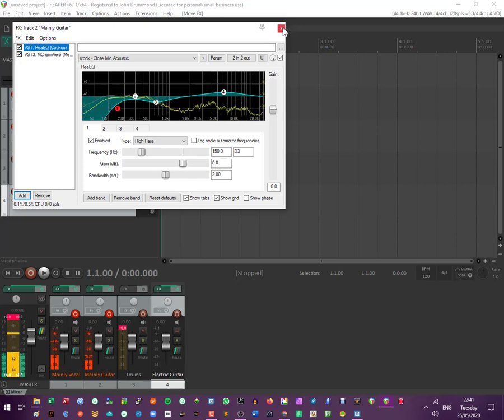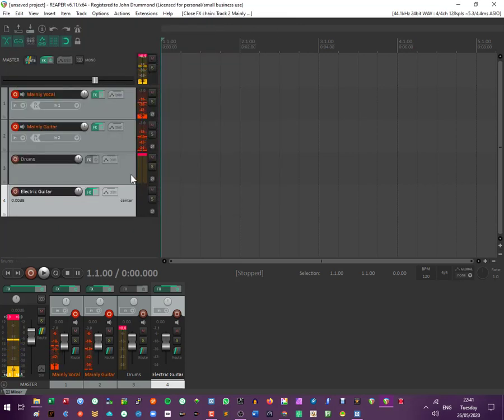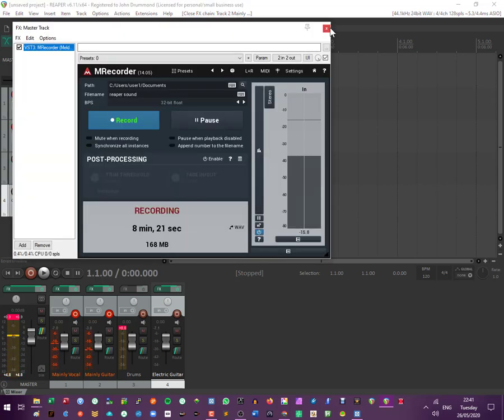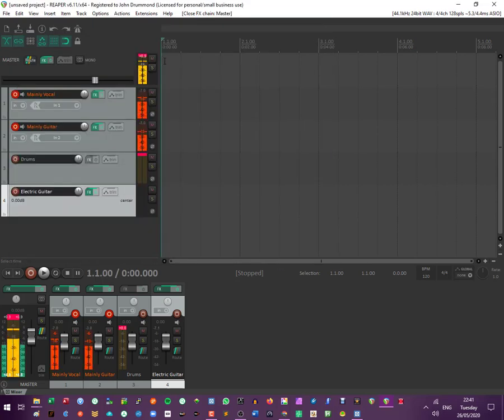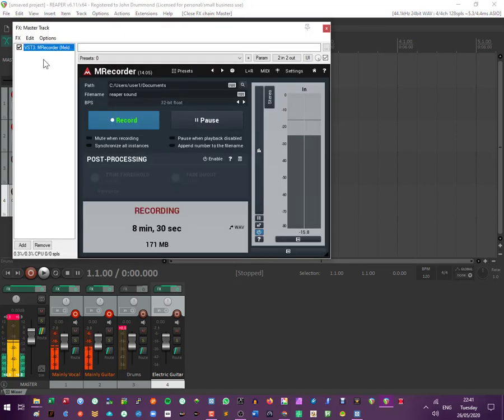Okay, I think we are ready. I'll turn the reverbs off. We're ready to try and get our sound going through into OBS. So we go onto the master track. I'm going to send the whole lot through, remember, not just one track. So FX for the master track. There's my recorder, which you wouldn't need. It's just sitting in the background recording this sound. And we would add